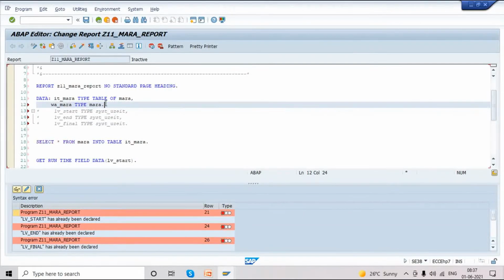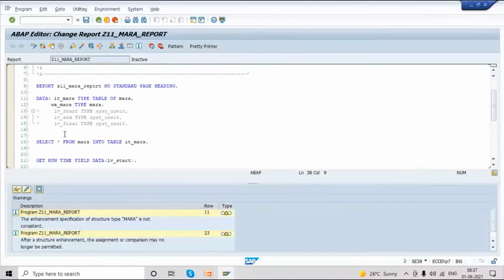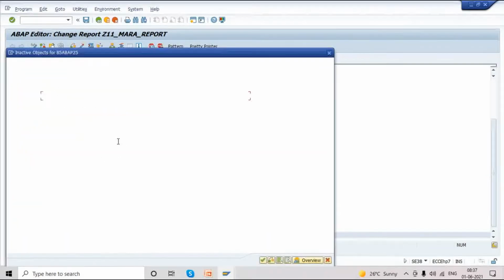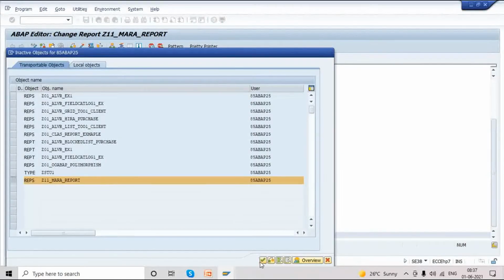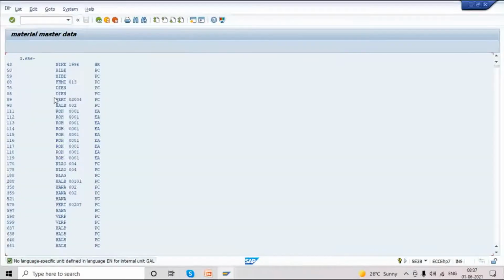In this case, I'm using the new syntax. Okay, how much time is it taking? 3656. The dot appears after three characters, but actually it is 3656 microseconds, you can say.